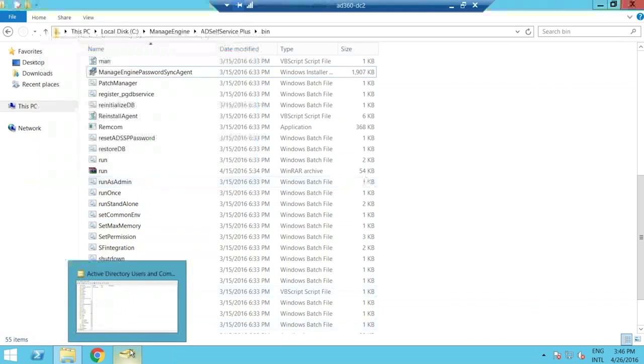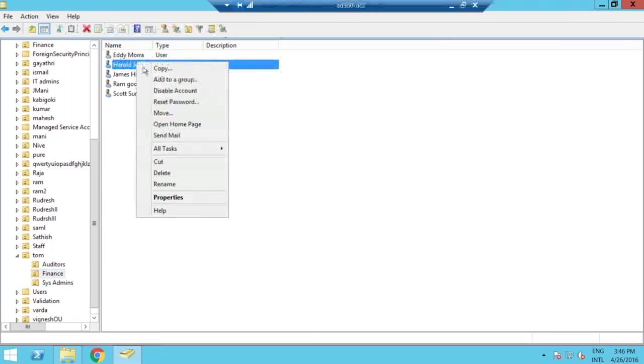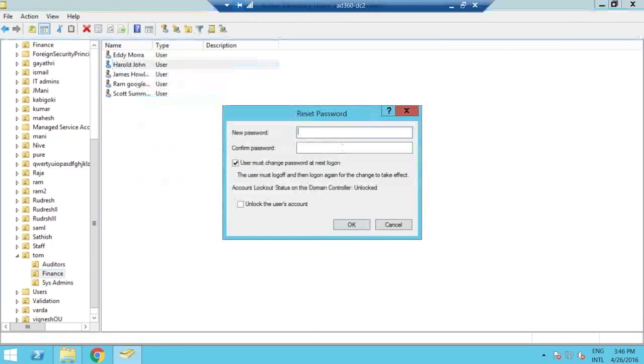Now I shall try resetting the password, and for that I'll go to this user Harold, and here I'll reset the password. So now we shall see how the password policy has been enforced in the ADUC. I'm going to type in the password again as password@123, password@123, and untick this option and